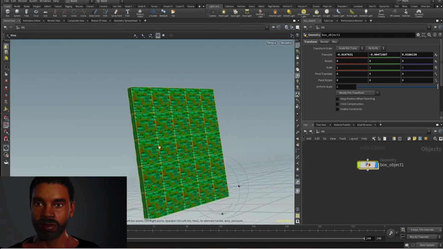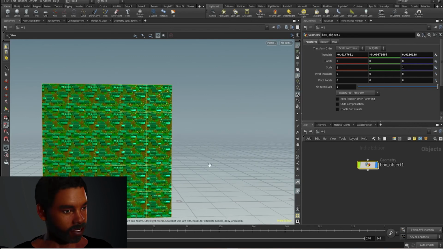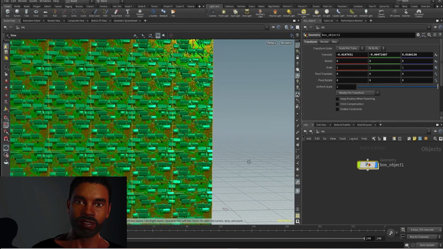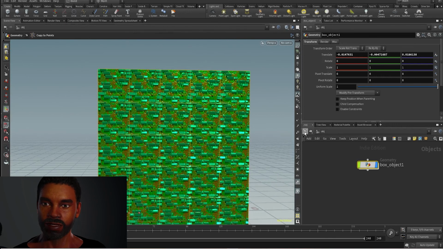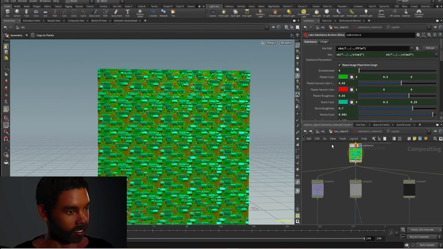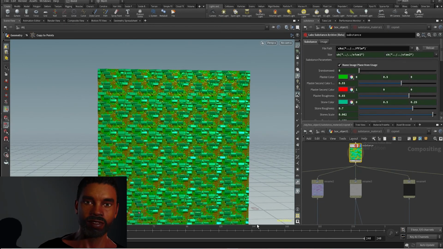One thing definitely is to remember to check the parameters, because sometimes when you switch out the different files, it still keeps the previous texture parameters. I hope this helps